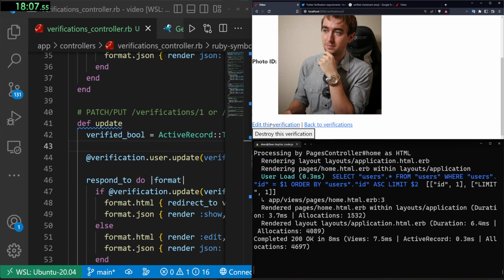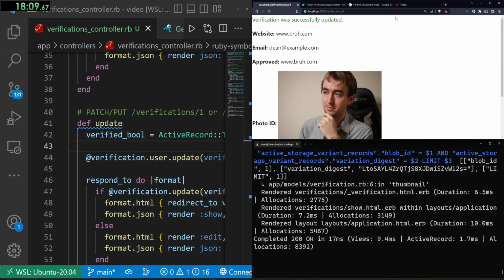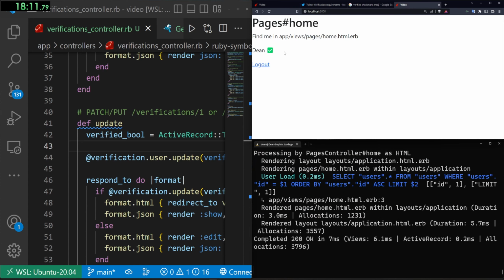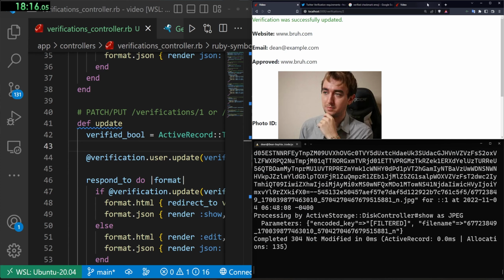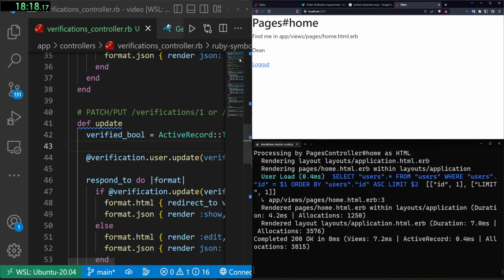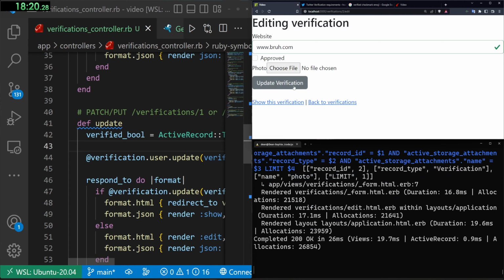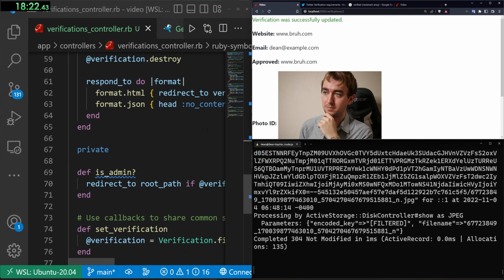We'll refresh. We'll come in here, we'll edit this. We'll change this to approved. Come over to the home page, and they now have a check mark. Come in here, edit this, and I'll get rid of their verification, and they're no longer verified. So I'll do it one more time, edit this, approve them, hit update,